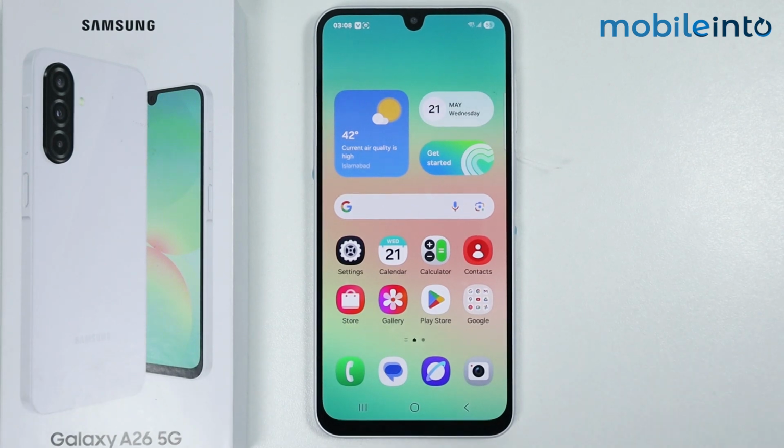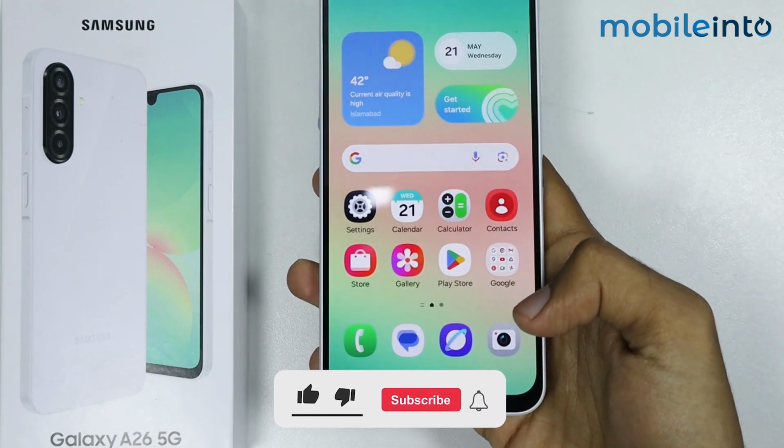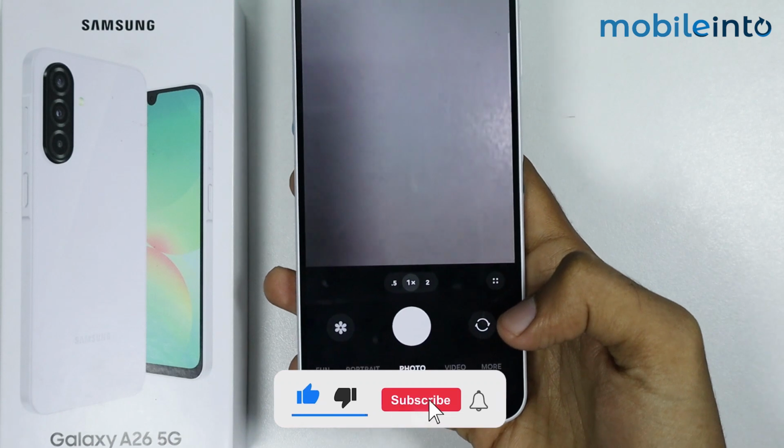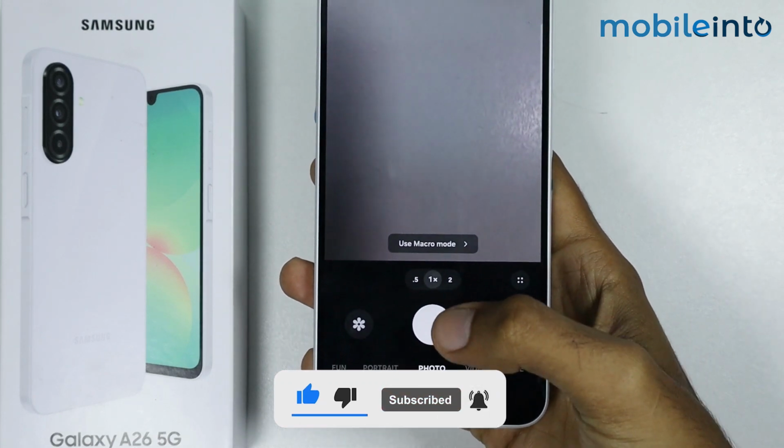Hey, what's up guys? So in this video, we will see how to turn off camera shutter sound on the Samsung Galaxy A26. Now, if you open the camera app on your smartphone and if you capture a photo